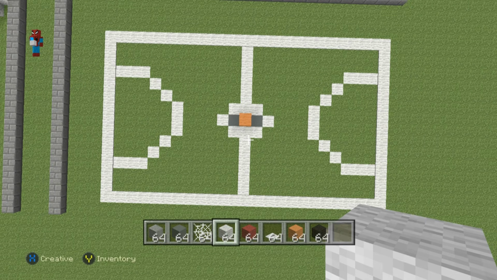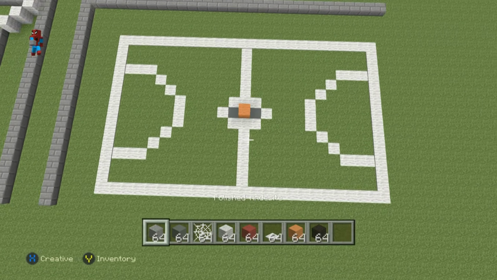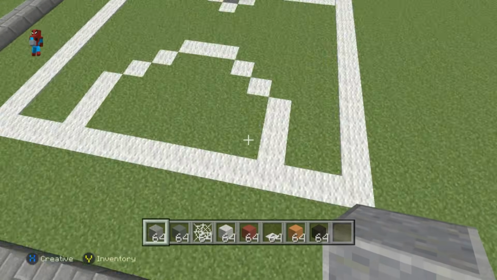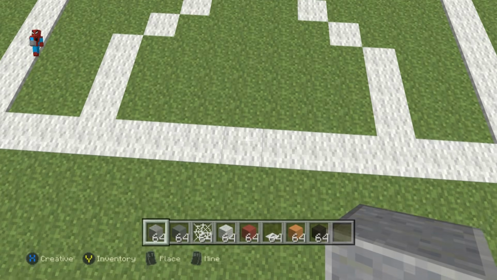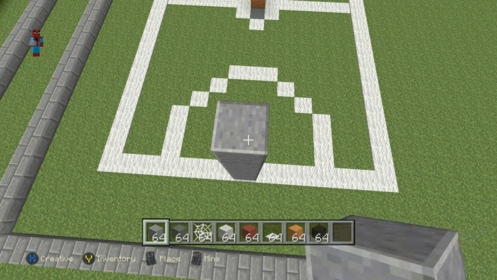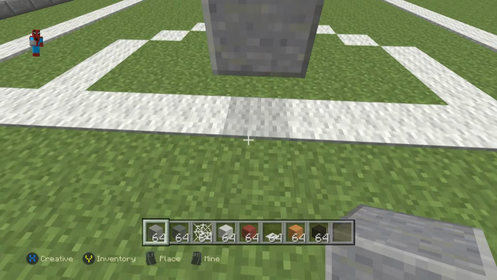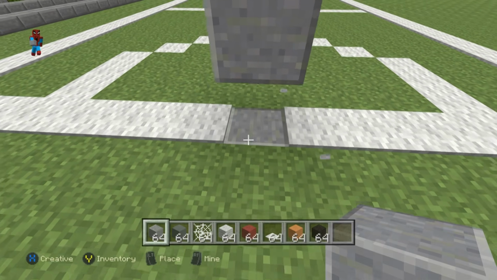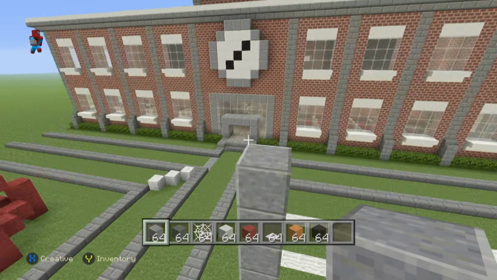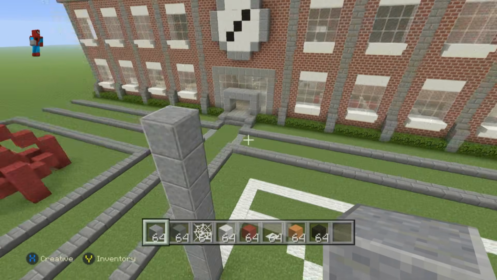There you go. Then we want to take out our polished andesite, and on the very left of the court and on the very right of the court, coming up from the very center middle blocks on the left and right hand side, we want to do 1 row of 8 polished andesite coming up from the ground. That's 1, 2, 3, 4, 5, 6, 7, 8, and we will want to knock out the white wool block, or the white carpet block, for that. We have our row of 8,